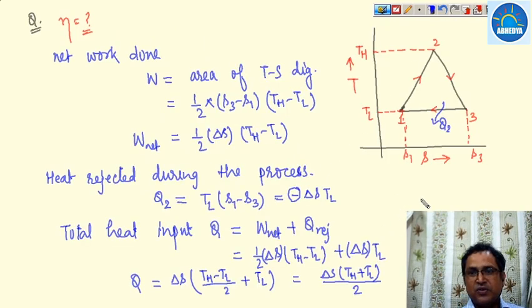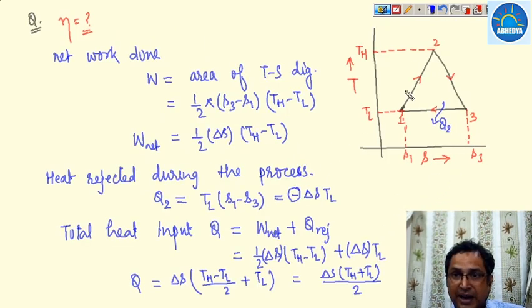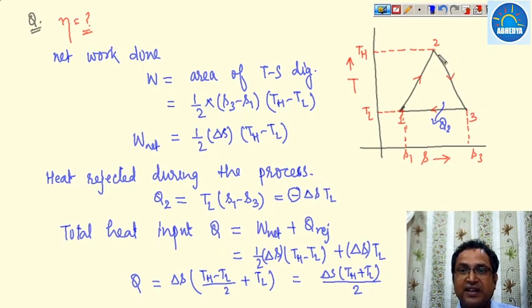In this type of question, it might be confusing that the temperature is decreasing, and whether here it is a heat addition or not. But it is quite clear that since the entropy is decreasing, at constant temperature heat must be rejected. So heat rejection we can calculate, and the total area of this closed diagram, which is the work, and total rejected heat we can easily find out. So total heat input can be calculated in this way.